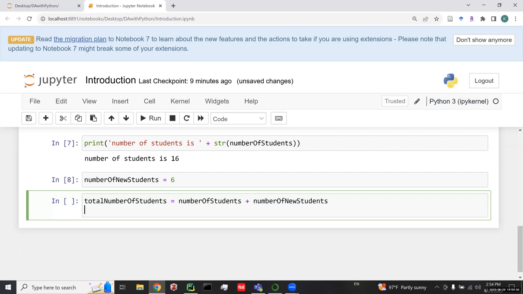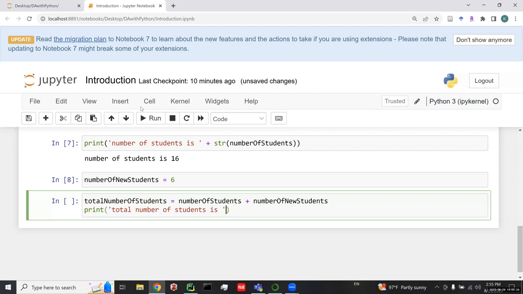We want to print out: print, brackets and quotation marks, "total number of students